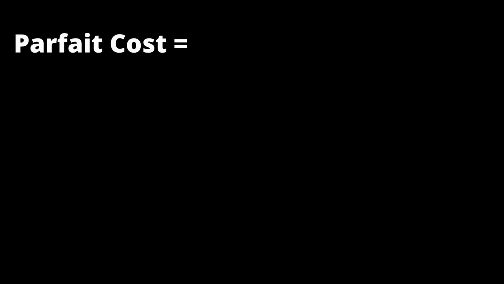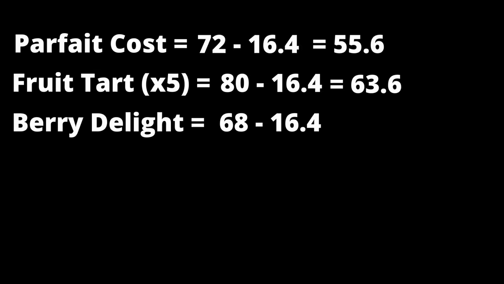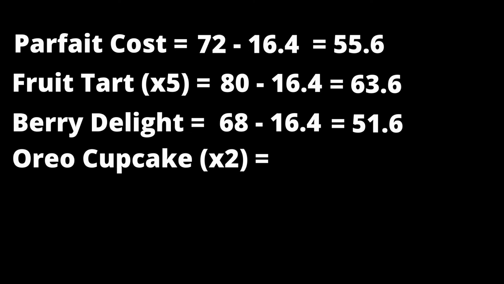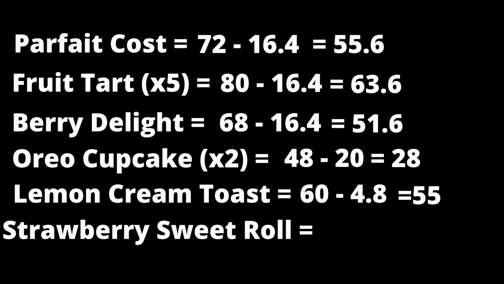So a parfait with a silver value of 72 minus the 16.4 item cost is 55.6 silver. A fruit tart with a value of 5 per recipe is 80 minus 16.4 once again, which takes us to 63.6. The berry delight with a value of 68 silver minus 16.4 is 51.6. The Oreo cupcake, 2 per recipe, equals 48 silver with a 20 material cost, leaving us with 28 silver left over. The lemon tart has a market value of 60 minus 4.8, which gives us 55.2 silver left over. And the strawberry sweet roll has a market value of 60 minus 16.4, which gives us